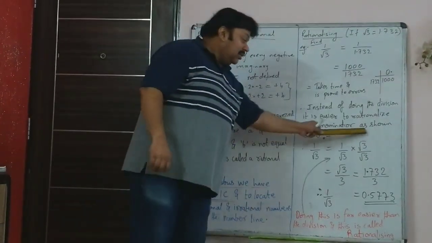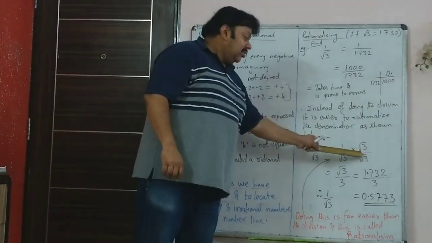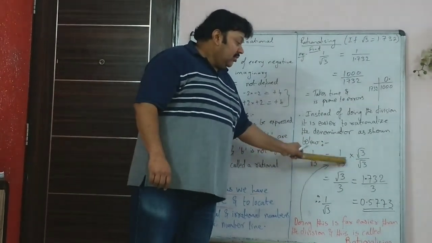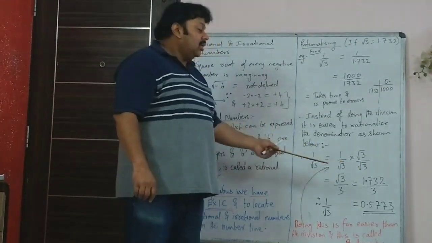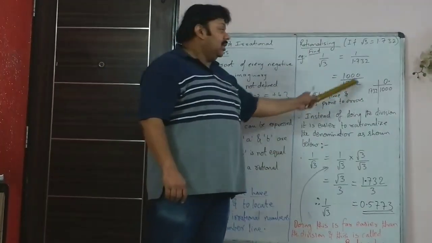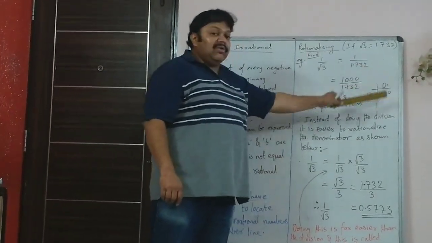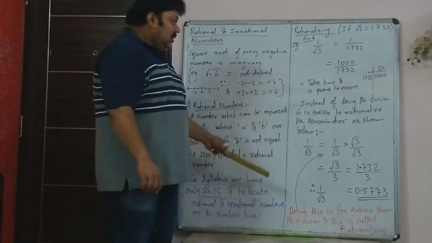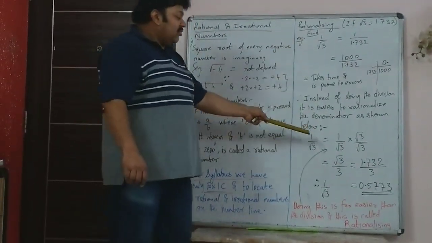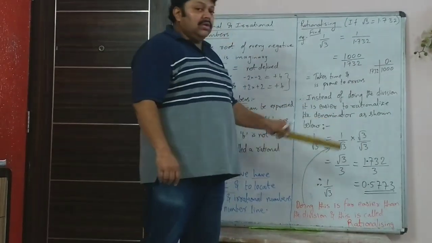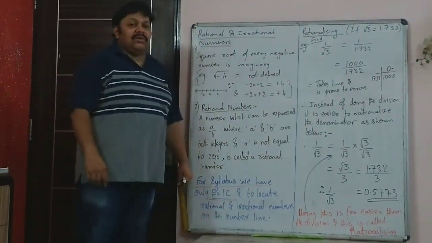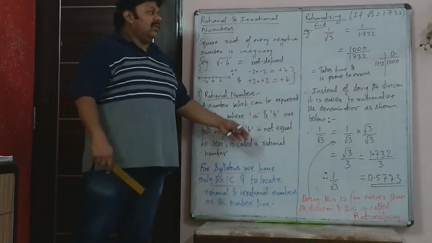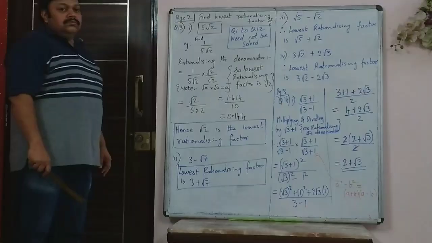So by doing this rationalization, that is multiplying and dividing the given number with the same denominator, you have saved a lot of time and effort, and a division you have avoided by doing the rationalization. So this is known as rationalizing the denominator. Of course, when you do exercise 1C, we will see a number of examples in that. So this will become very simple.